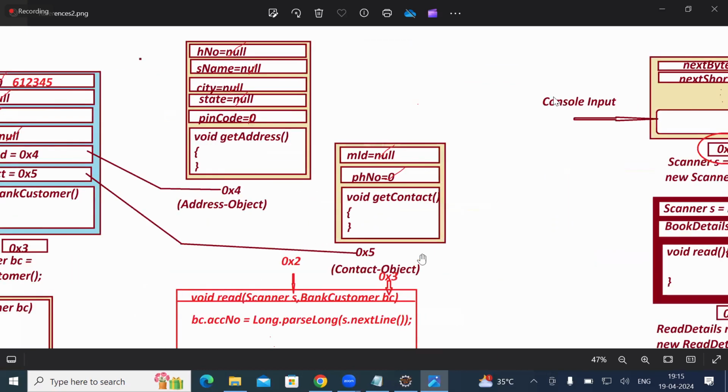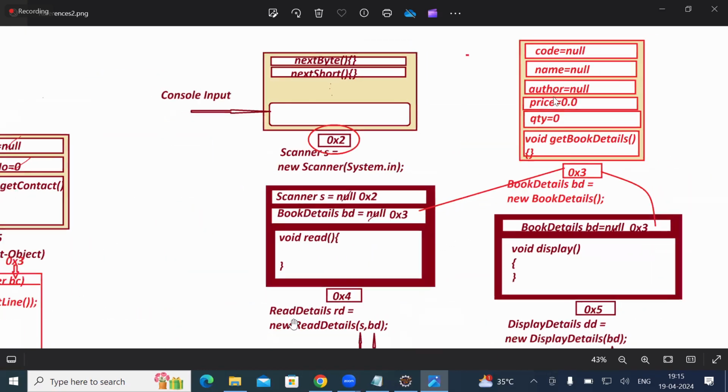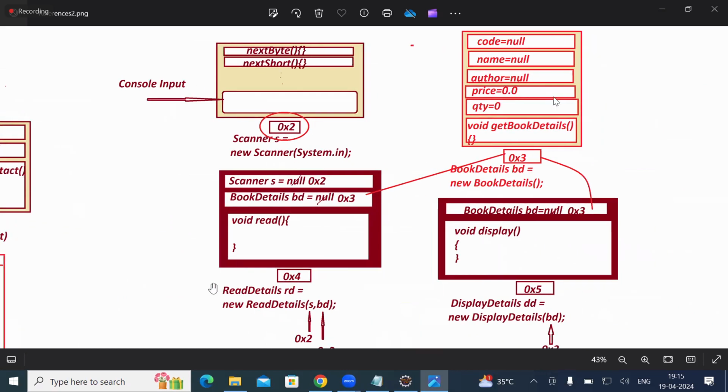Here also, through read details and display details, you can access book details. So book details is known as a referred object. These two are outer class objects. So finally,